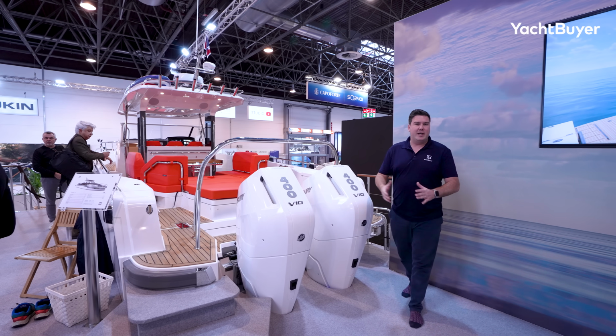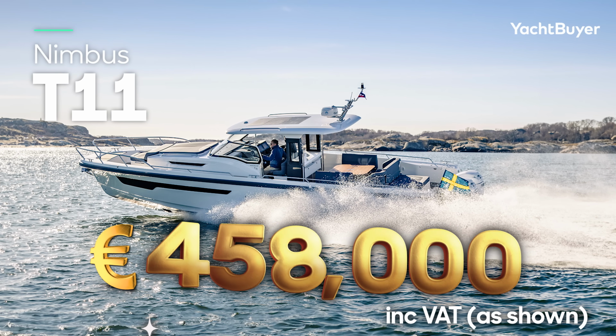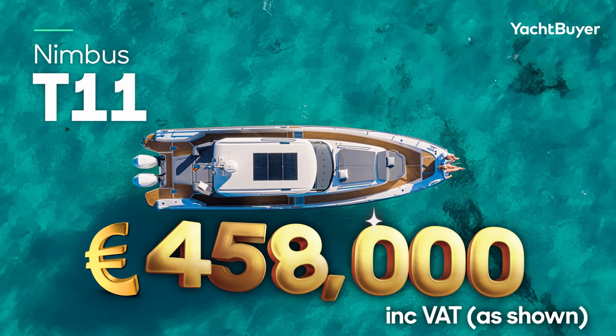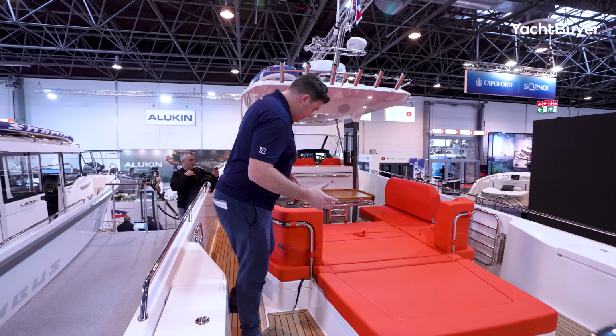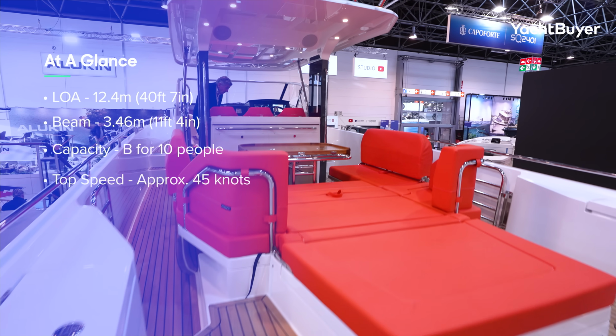Let's see what you can get over at Nimbus, shall we? And well, you can get this, the T11 with a pair of 400 horsepower Mercury V10s. It's a very similar size boat to that Jeanneau we saw, but executed in quite a different way. Slightly higher quality, hence why you pay more for it, but there's a lot of clever stuff going on, especially